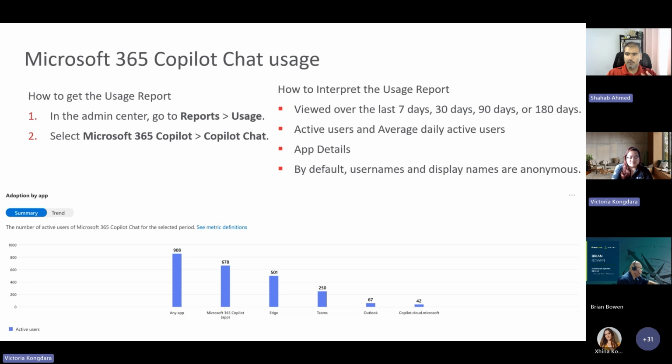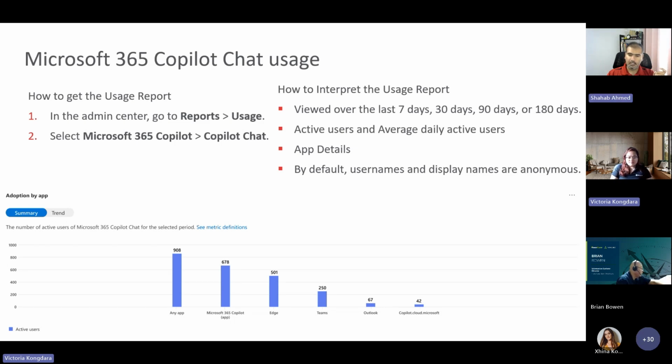It also allows you to look at active users and average daily active users. The active users elements is also significant in terms of the way Microsoft's tracking that and the funding that they'll have available for your other Copilot initiatives, right? And then you can also look at how Copilot is being accessed, right? So as you're going through the change management adoption exercise, it's always good to know what are some of the elements that are well known, what are some of the elements that are not well known, right? And so the screenshot there shows you